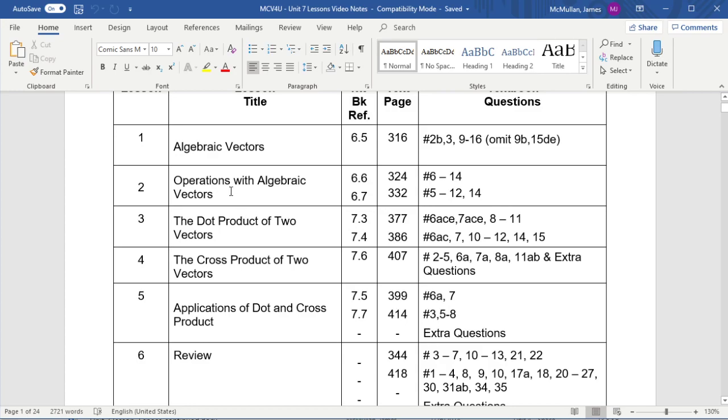Next, we'll learn about some operations, what you can do with vectors. We know how to add them and subtract them right now, and we know how to scale or multiply them. There's two other ways to multiply vectors, what's called a dot product and a cross product, and then there's what these things actually do and are good for. So